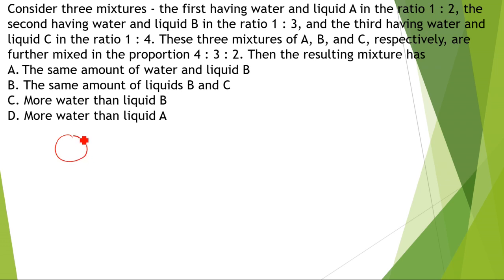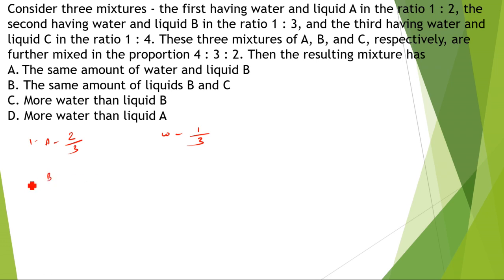So liquid 1 it is given. In this, the ratio of water and liquid A is given. So water is one part and second part is like 1:2 is given. The ratio of water to liquid A. So in first mixture, what quantity of liquid A is present? Like 2 part out of 3 is liquid A, and water it is present as 1 part out of 3.